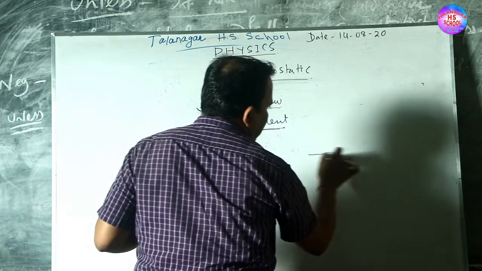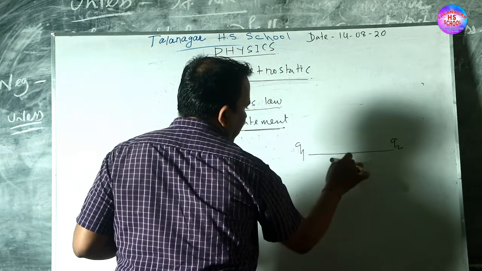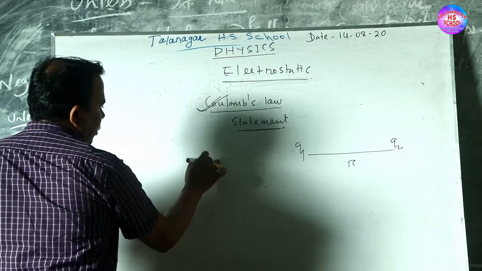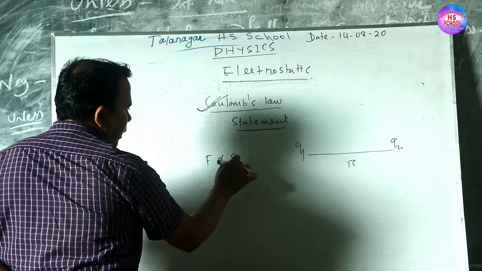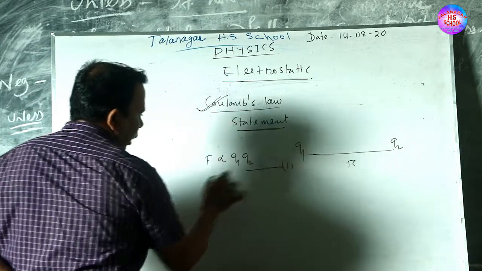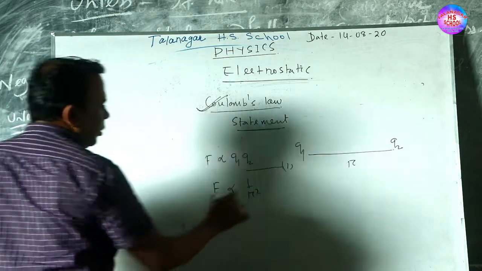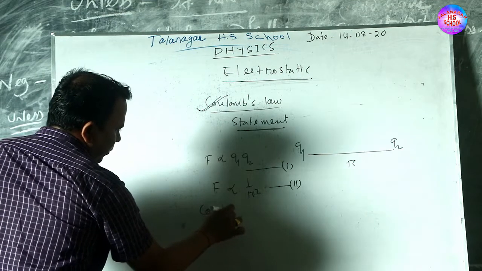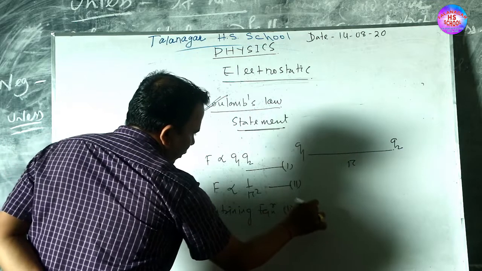Let two charges q1 and q2 be separated by distance r. According to Coulomb's law, the force of attraction or repulsion between them is directly proportional to the product of the charges q1 q2, and F is inversely proportional to the square of the distance between them. This is equation 2. Combining equation 1 and 2,